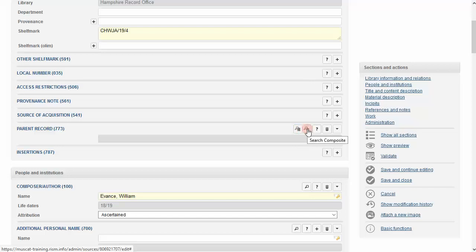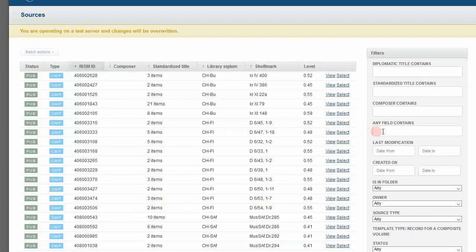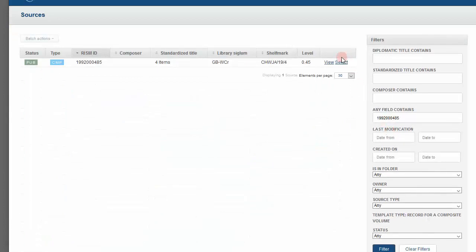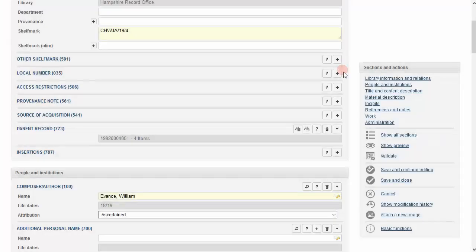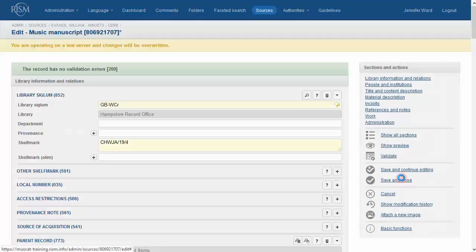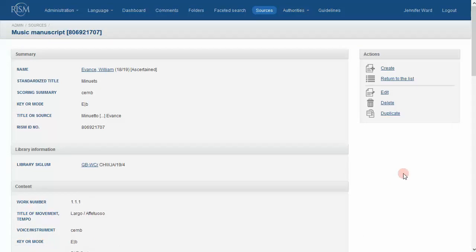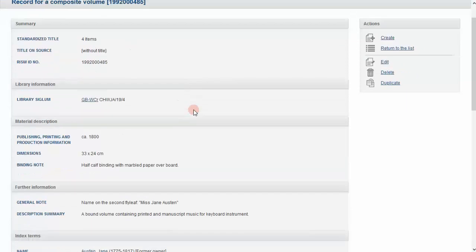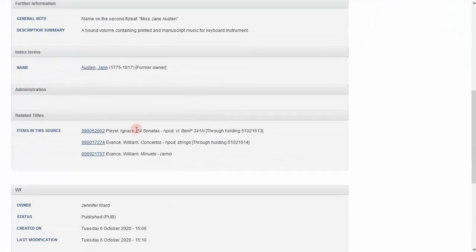We want the second button, Search Composite. Click. Find your composite volume, I'm going to search by the RISM number that I know, select, and save. I'll go back to the composite volume to check. Out of our 4 items, we now have the first, the second, and the third.